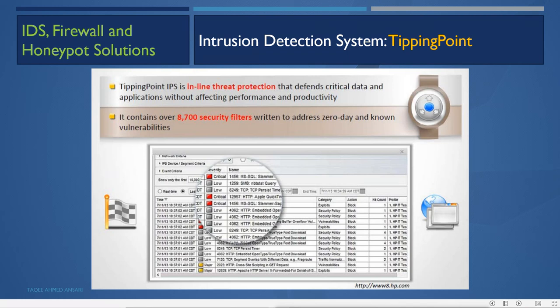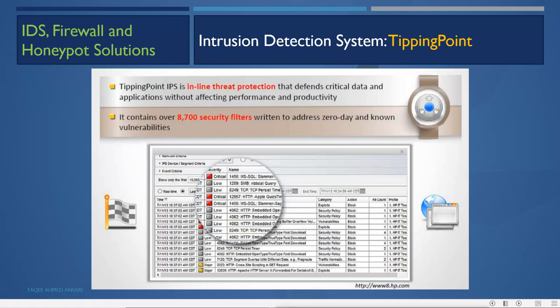So it has the database signature for the known vulnerabilities also. Snort will also have a Snort signature database where it can match the signature. So it actually has some rules defined there as a database for the known signatures.